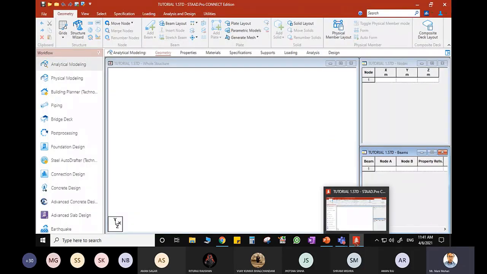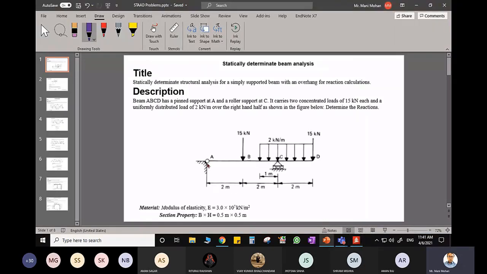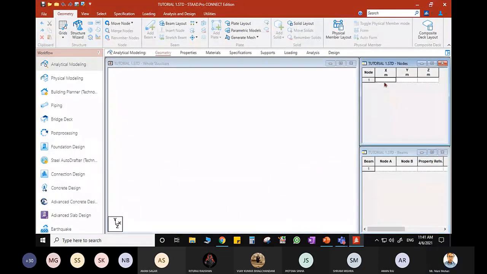As I said, you need three nodes in order to model that beam problem. Node A, it is at 0. This will be the coordinate of this particular point will be 4, and here it will be 6. So let us do it. So there is 0. We have 4. Then we have 6.